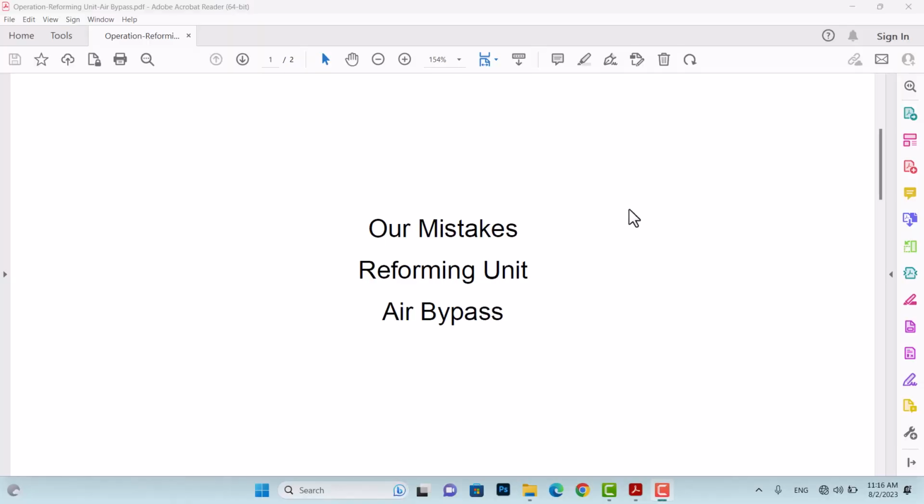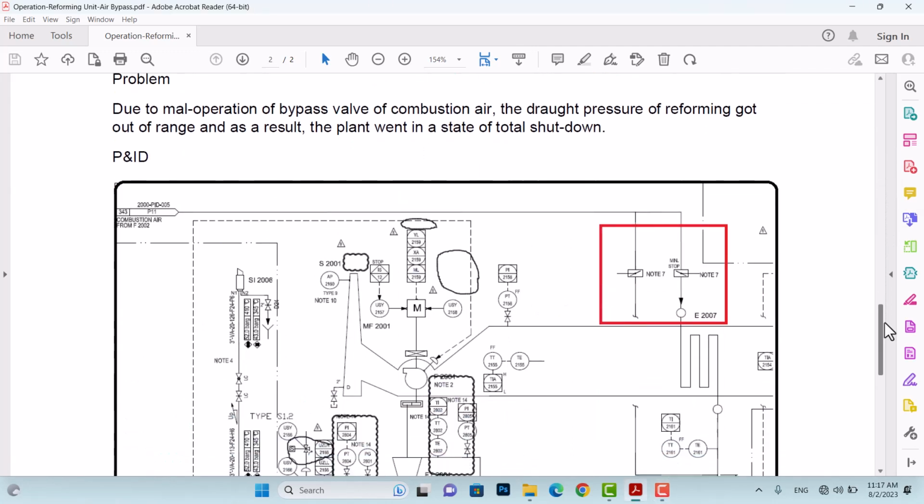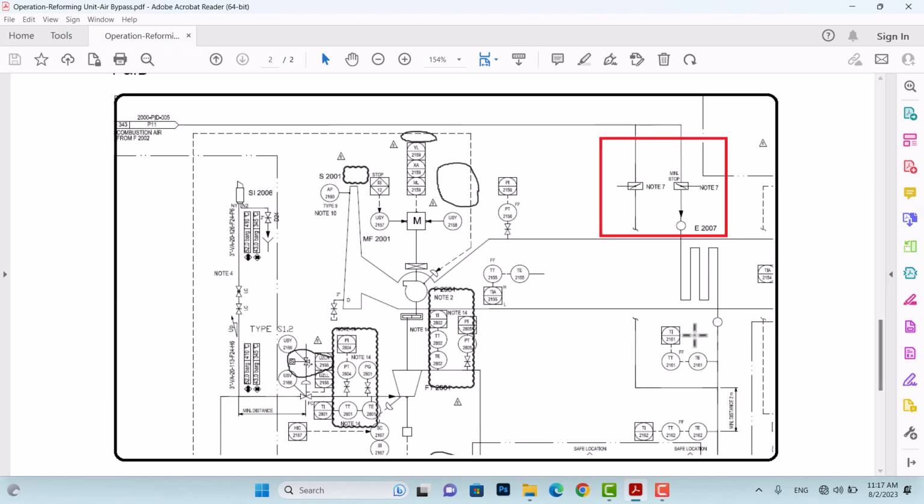This episode is about our operational mistakes in a startup of fire heaters. To better understand the problem and the mistake we've made, have a look at the P&ID here. Here is the flue gas duct of the fire heaters, and the flue gas passes through this plate heat exchanger